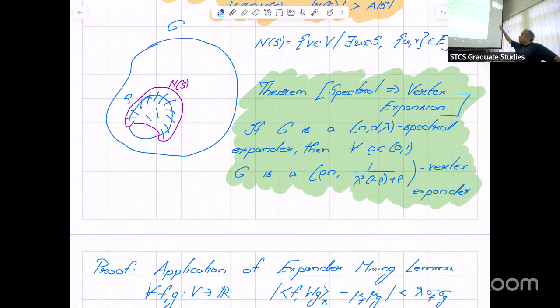Notice this one gives a very strong property. It gives every set expands. It's not just sets of a particular size. The quality of expansion keeps deteriorating as the size becomes larger. But vertex expanders, you're only guaranteeing sets of up to a particular size. There's no guarantee on sets of larger size. So in particular,